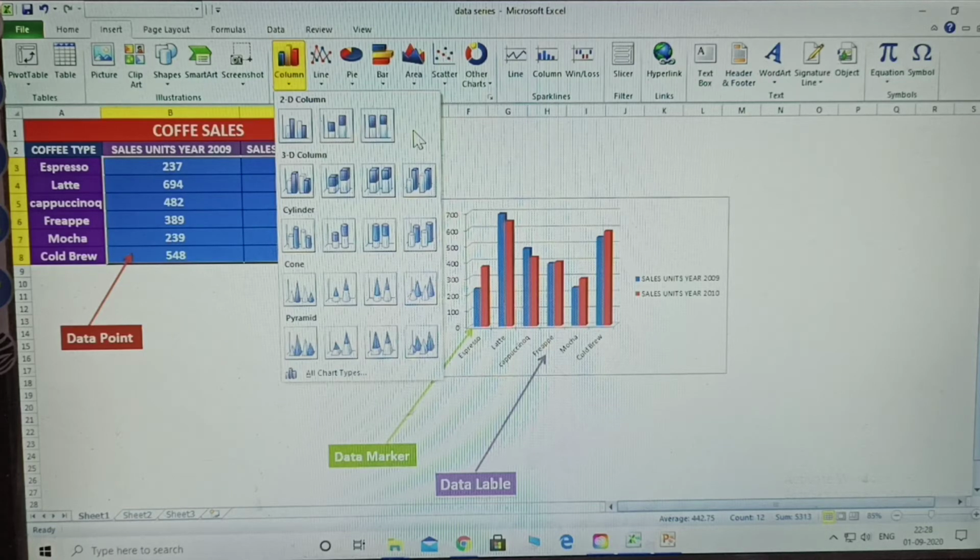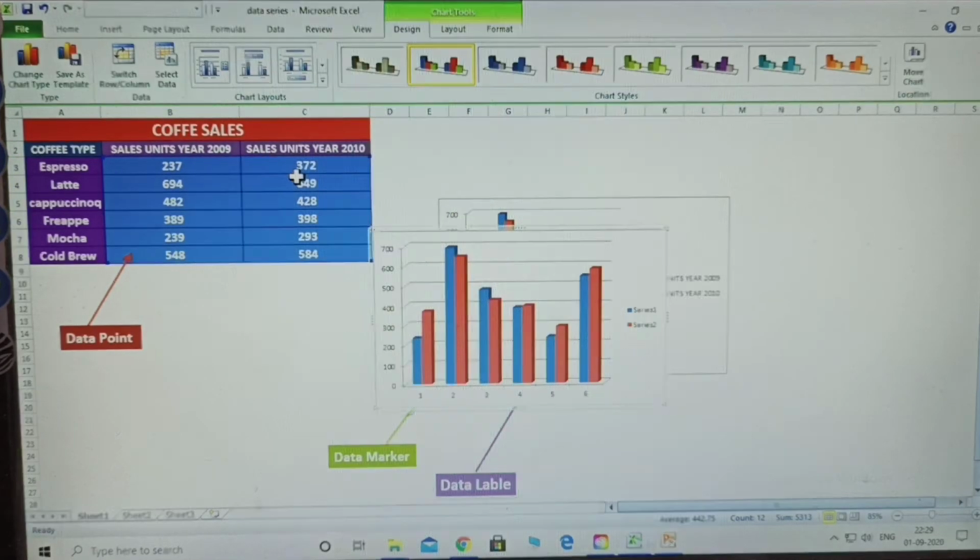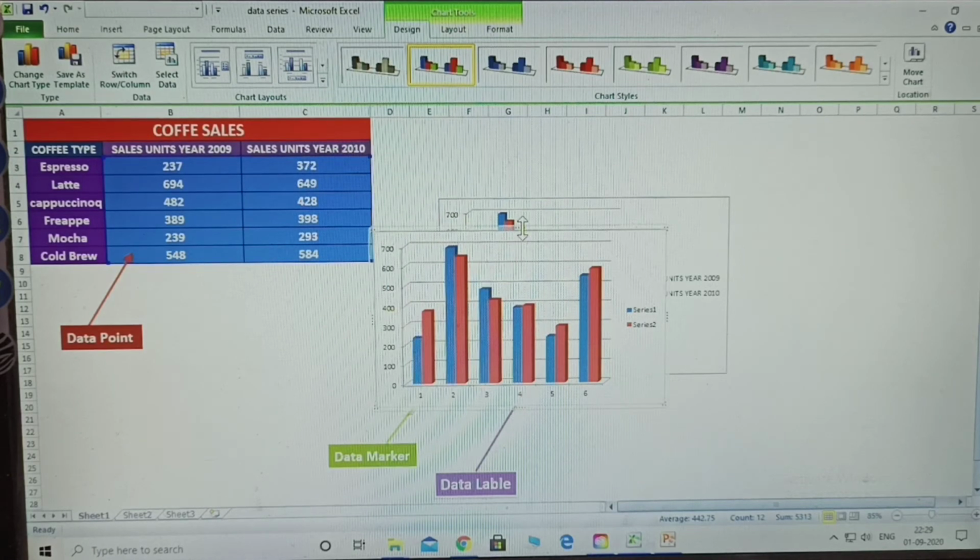Always take the 3D column chart. I already explained how to create charts in Excel in previous classes. If you are seeing my channel for the first time, subscribe and see those charts. Here I am taking the 3D column chart. See, this is called a chart.